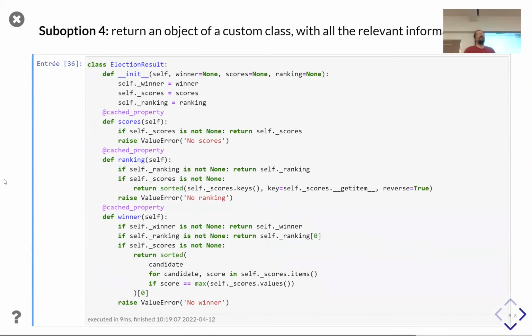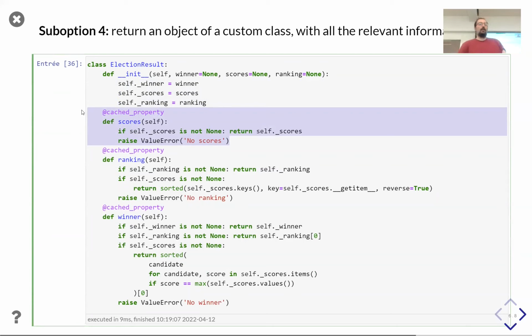So the next option is to return an object of a custom class. Here, a simplified version of this could be to say, okay, I can give a winner, scores, ranking, or part of this information. Here I use the cached property decorator from functools.